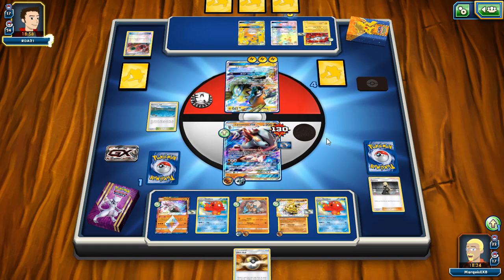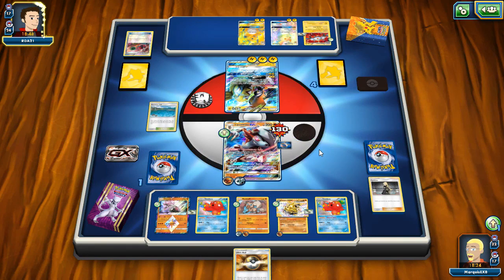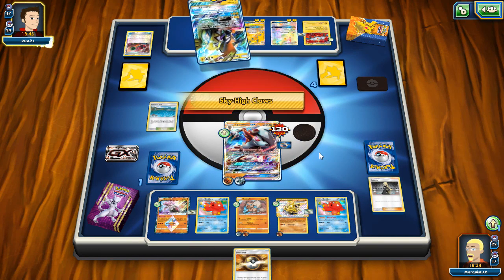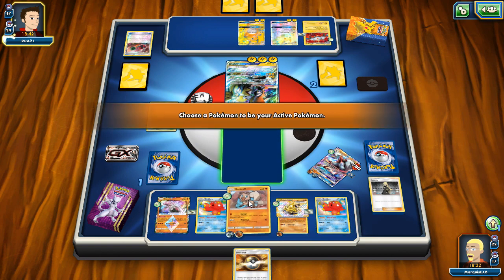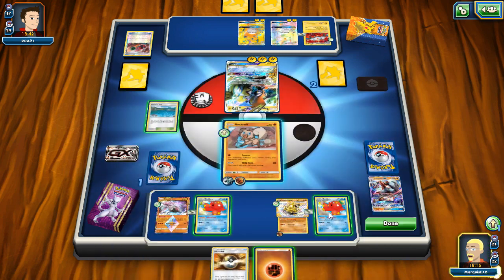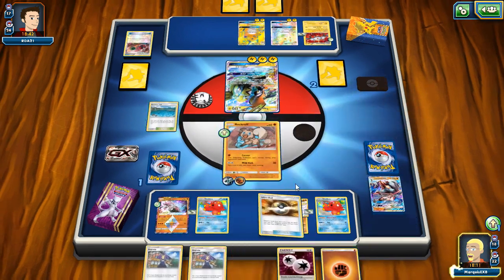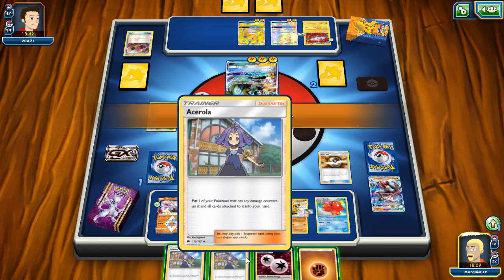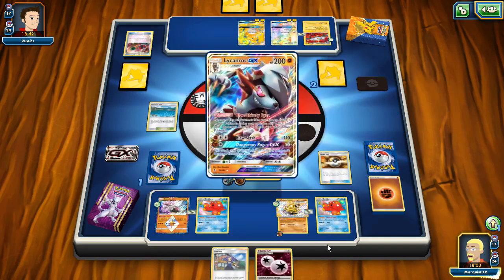So he's going to knock out this Lycanroc. This one will become active. He doesn't have any weakness, so I will be going after... I'll probably just go after Magnezone. There's no reason not to. So, there's a chance my opponent could win this if I do not get the right cards. But I have a feeling that's not going to happen. Let's get our Lycan GX, and with it our Lysander,